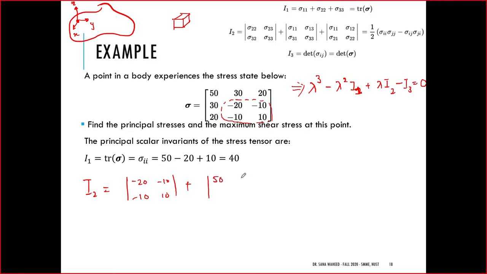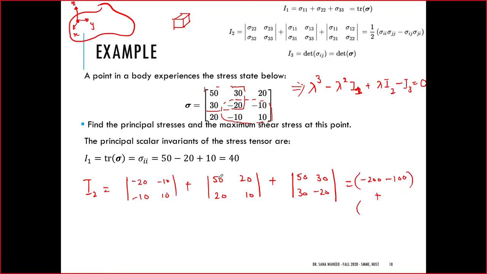So the determinant of 50, 0, 0, 10, and then add on top of it the sigma 11, sigma 22 block. So this one, 50, 30, 30, minus 20, or then just let's find what that is. So that would be minus 200, minus 100, इसका determinant आ गया,